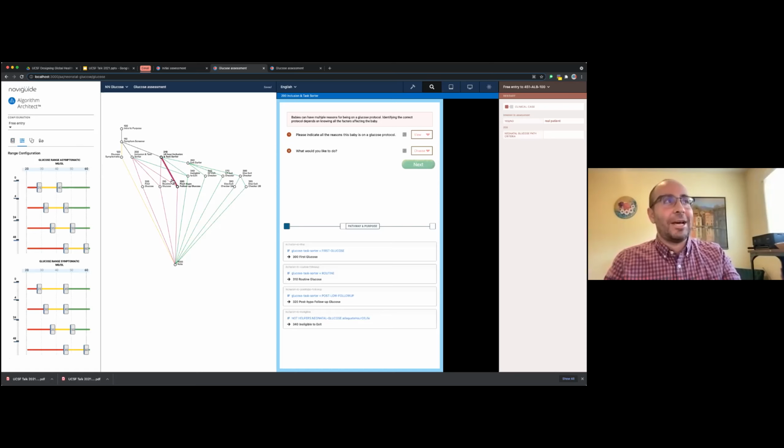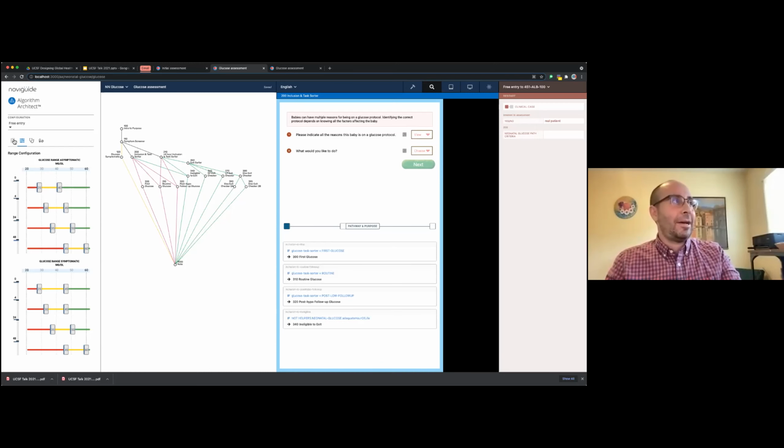First, here's the shape of the algorithm. And for those of you interested in the math side of it, it is amazing how many turn out to be diamonds. That's something we can talk about another time. Here, you can adjust every element. Every single element is configurable. So 0 to 4 hours, what's a normal glucose? At our site, we want it above 40, and it would be low if it's between 25 and 40, and if it's less than 25, it's severely low. But maybe at another site, it's 35. You could just slide this and have it correspond in the decision support.